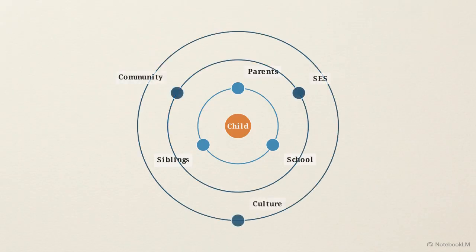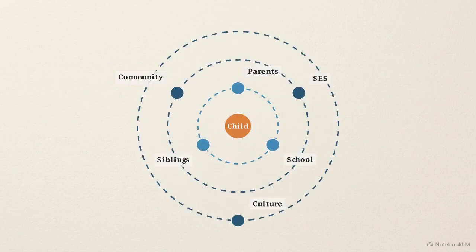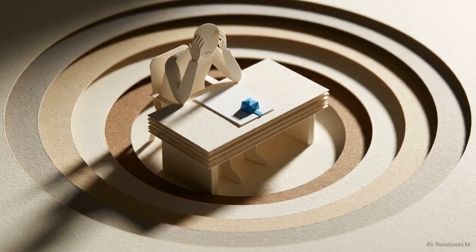Surrounding this core are distal pressures. These are macro-level factors, like socioeconomic status, neighborhood environments, and broader cultural expectations. These layers do not exist independently. Distal sociocultural factors and proximal family dynamics operate in a state of continuous modulation, constantly altering one another over time. Because of this continuous feedback, identifying a localized symptom without mapping its surrounding ecological context yields an incomplete and often